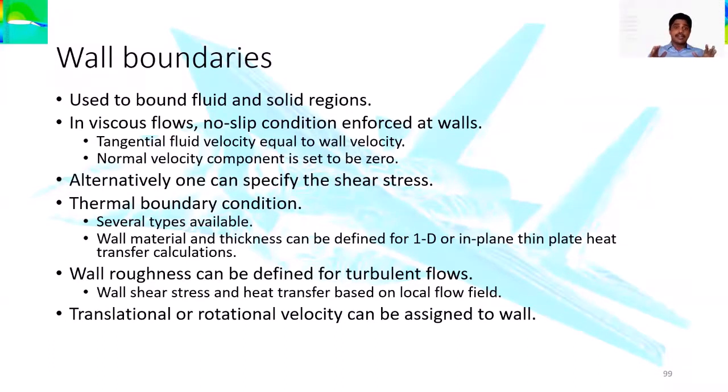And other than these conditions, where the wall is very important is the thermal boundary condition. That is the case where heat transfer is involved, which is a very important case. That is related to the thermal boundary condition we are talking about, right? There, the wall material, wall thickness, and wall temperature play a very important role in the thermal analysis, right? And the next case is not only thermal but the fluid related to the solid.